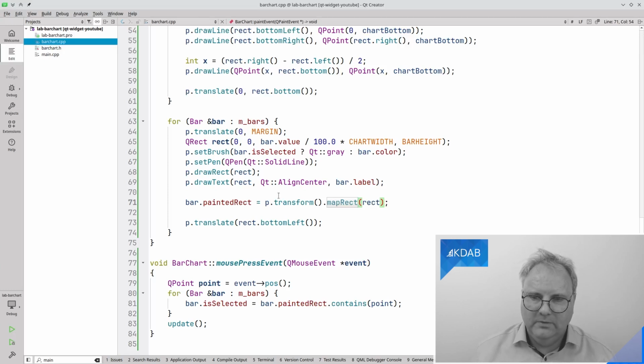But that's just p.transform.inverse and then map or whatever. In any case, if that is too annoying for you, I can't urge you enough to go and look at QGraphicsView. But in many situations, you just have something simple like this, and in those situations, just adding the painted rect to your data structure is just fine.